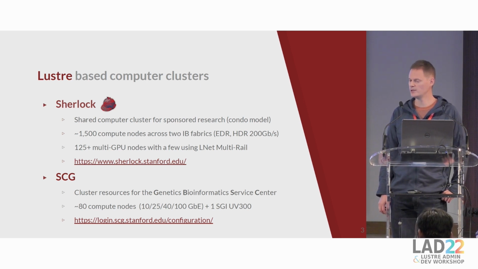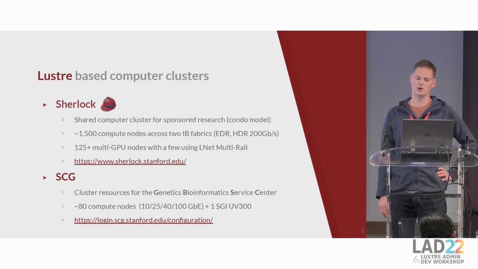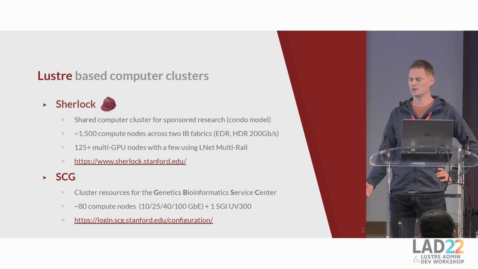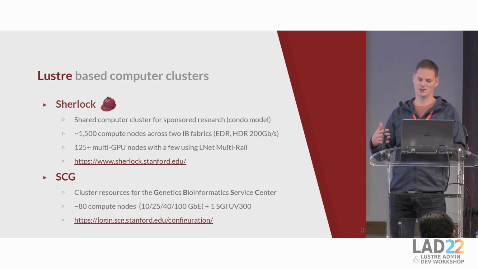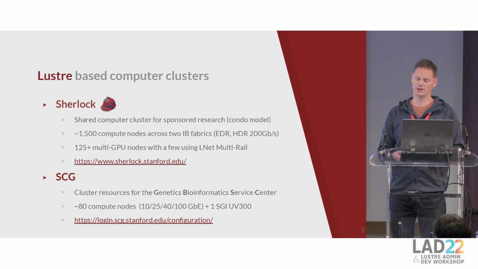It's a condominium model. It's very common in US universities, where the university provides a core, a pool of nodes. It's like the free tier, and then researchers or principal investigators can purchase their own nodes and contribute to the cluster. So we provide a catalog of nodes, of GPU nodes, and the cluster is about 1,500 compute nodes across two fabrics. We could do a whole presentation about how we lifecycle Sherlock compute nodes, because we add new IB fabrics and we remove old ones, but we keep adding nodes. It's like an ever